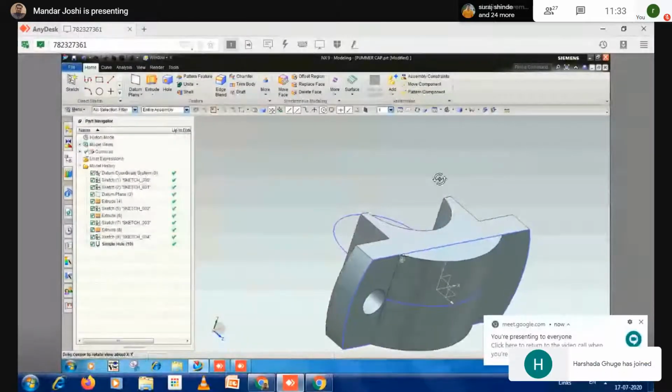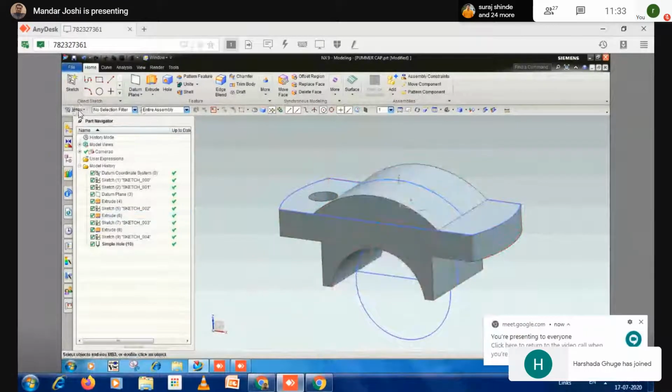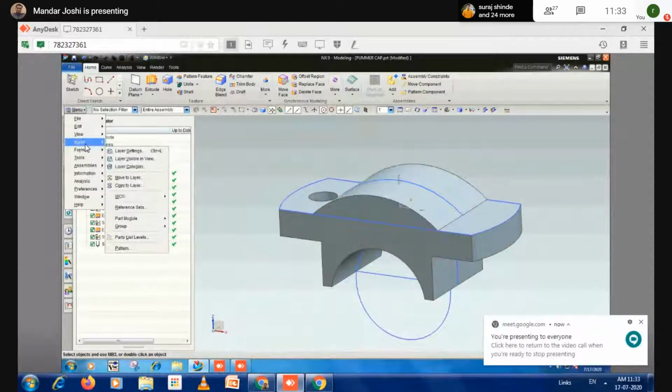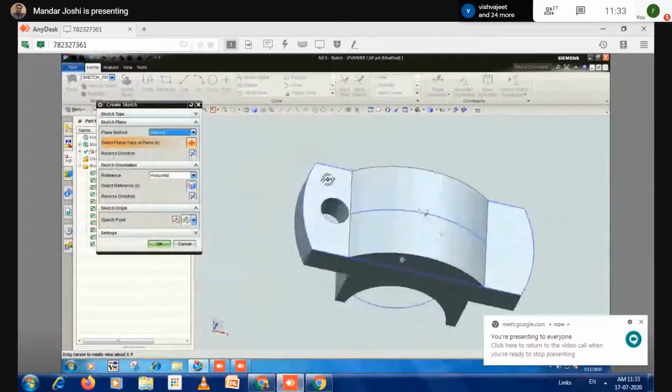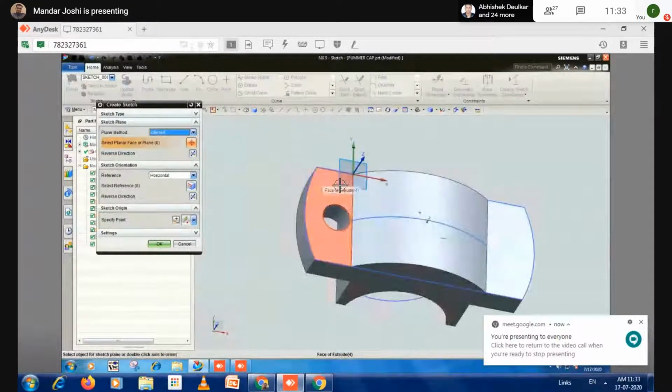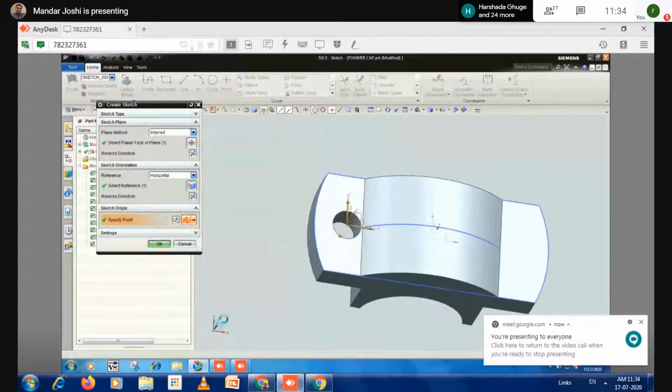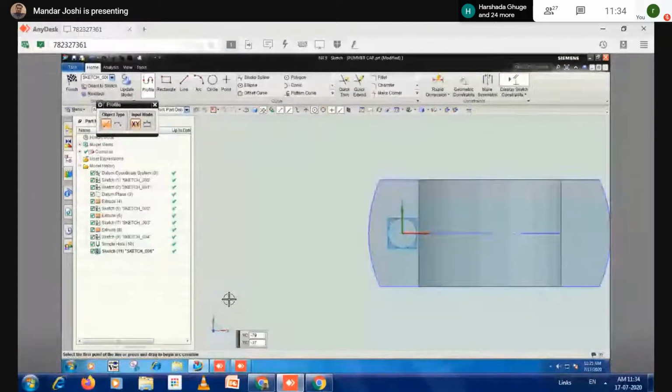Now I can select this sketch profile using menu, insert, sketch in task environment. Take this face. Now what I require, I have to define the origin here, the center of your circle, and then click on OK. If you're not taking the origin, by default the origin you will get is here.